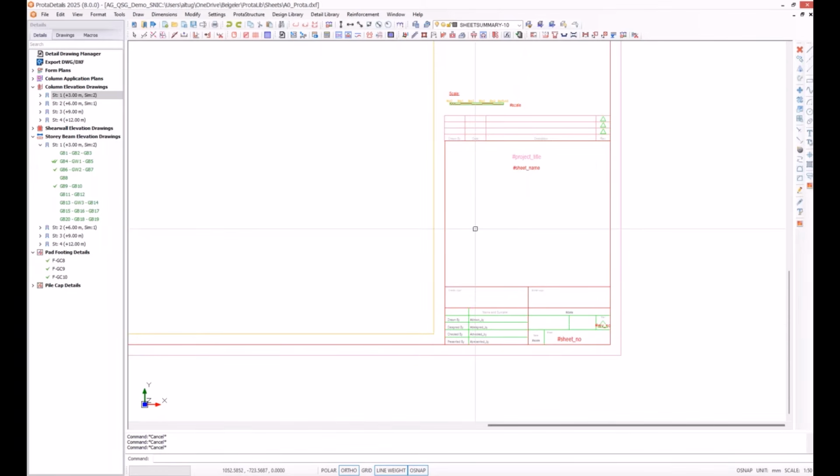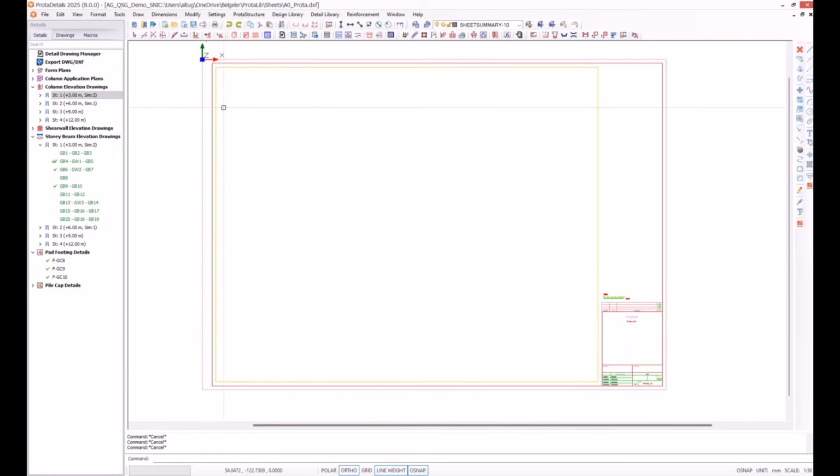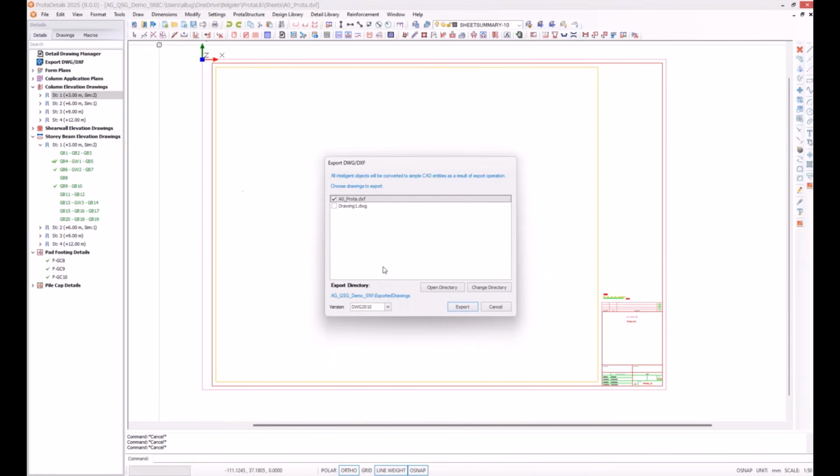So this is a new sheet. Let's say I have modified more and changed everything, okay. What I need to do is export this in DXF format. So I'm going to use export for external software. All the open drawings are now listed here. I will export it here.